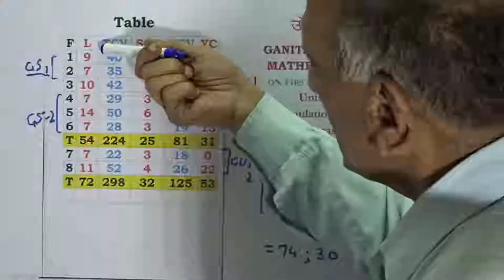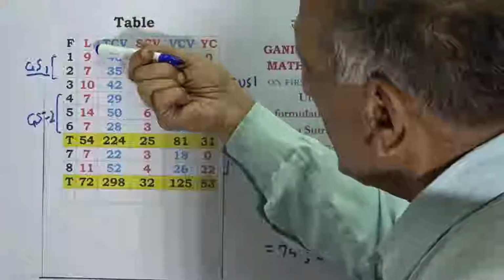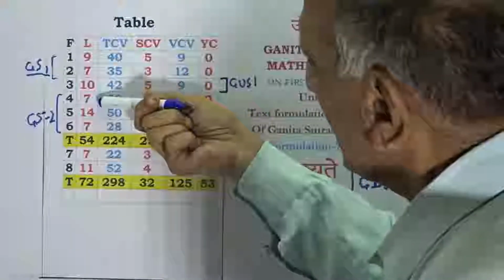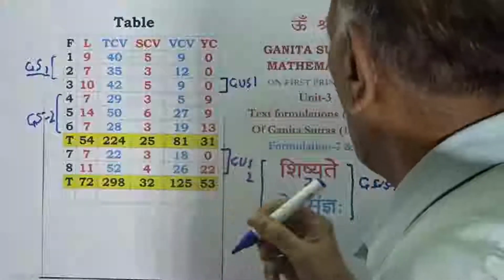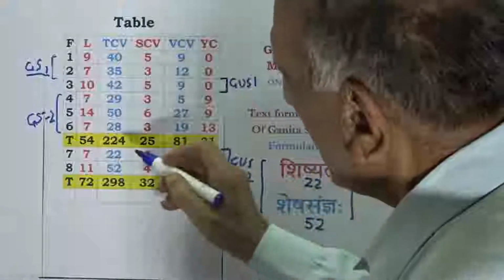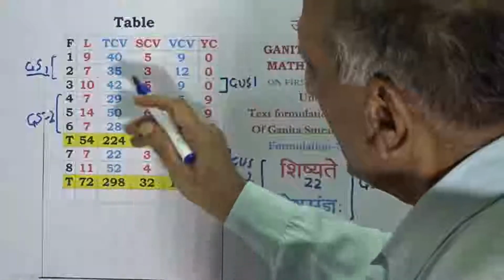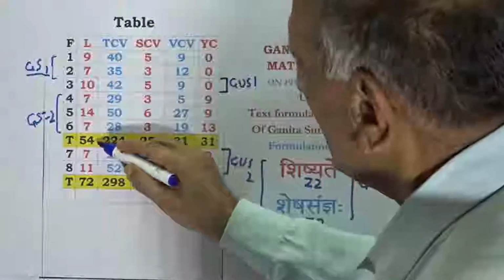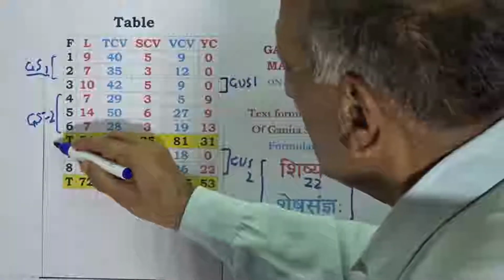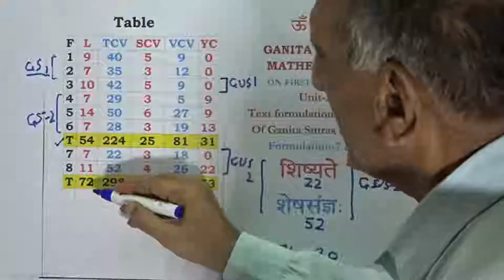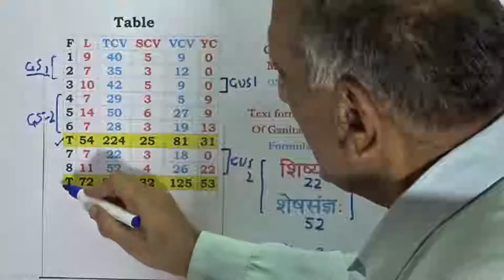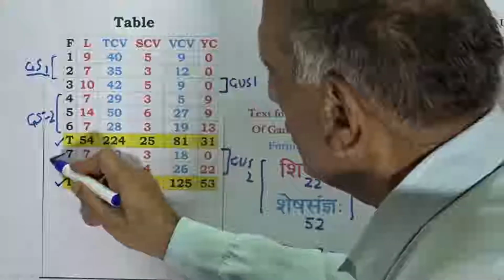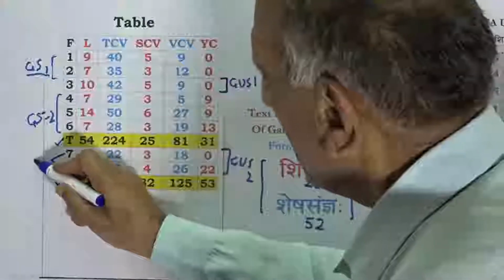We have seen that the letters of these 6 formulations are 9, 7, 10, 7, 14 and 7. Now the formulations Shishyate and Shesha Sangya lead to letters 7 and 11. The first 6 formulations' letters make a summation value 54, while together with the 7th and 8th formulations they lead to the total value 72,